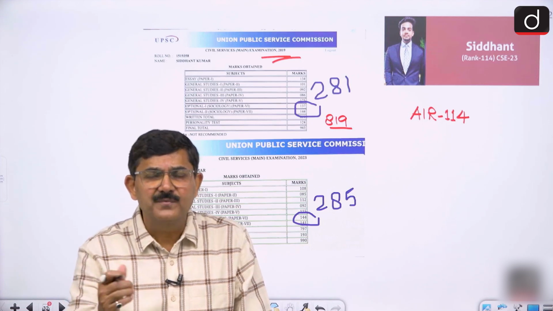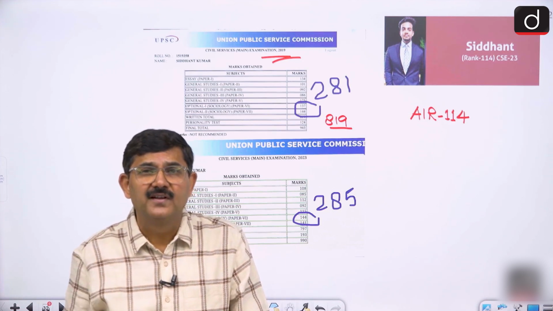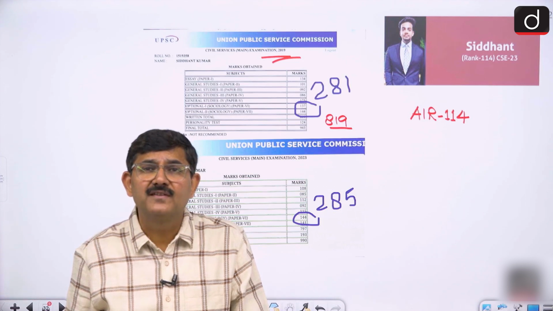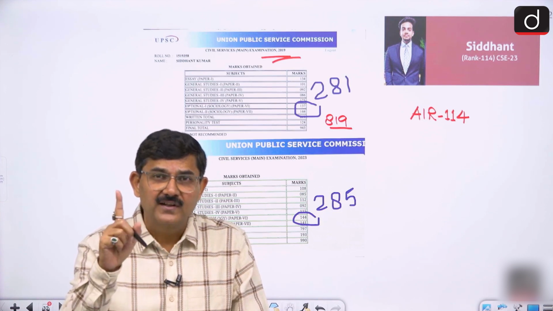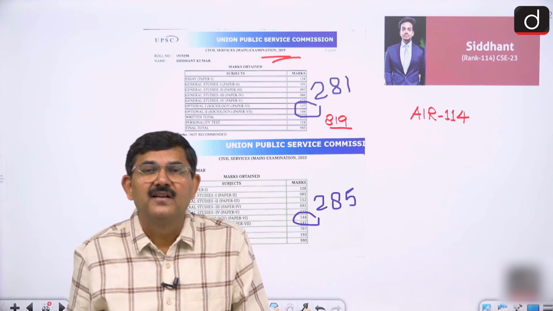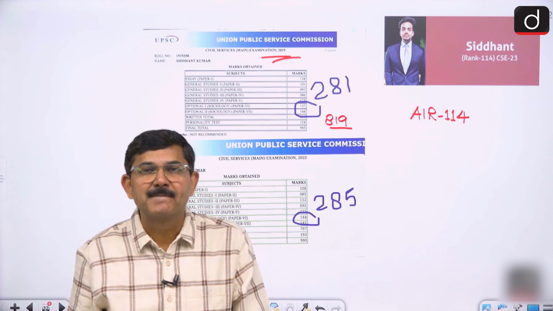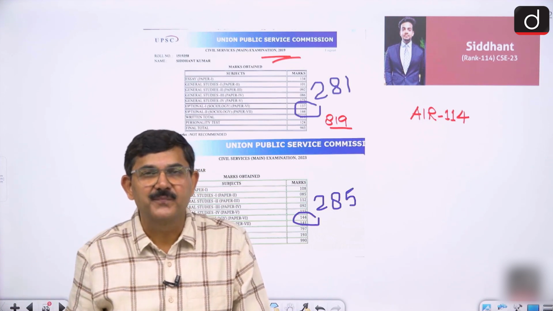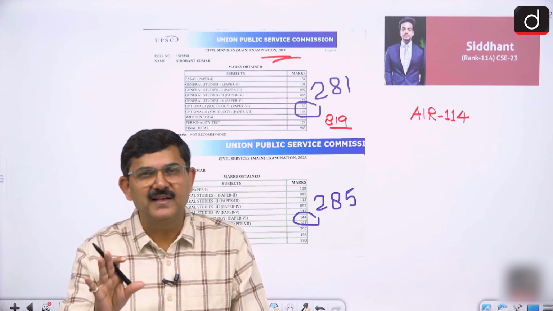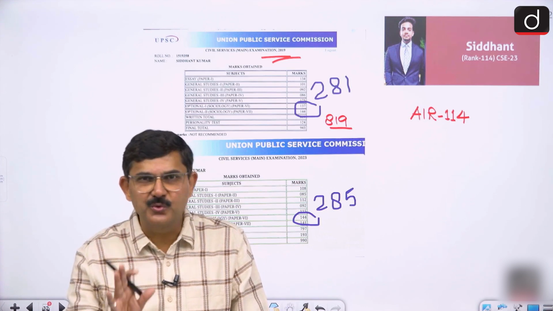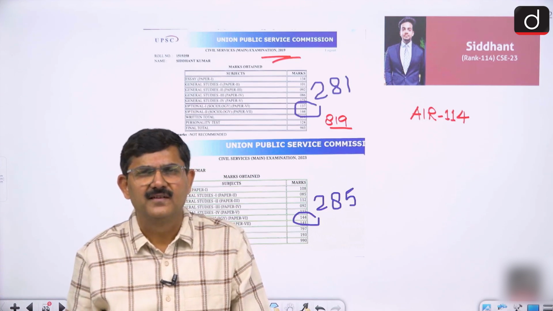Second time, he could not clear prelims. Third time, once again, he was interviewed, but that time also he missed, by just 1 mark, and in the waiting list he was at number 1, and so got the Indian Postal Service. But in this fourth attempt, he managed to get 14th rank. So keep preparing, keep doing hard work. Do not lose your patience, perseverance, consistency. All these things matter for this examination.